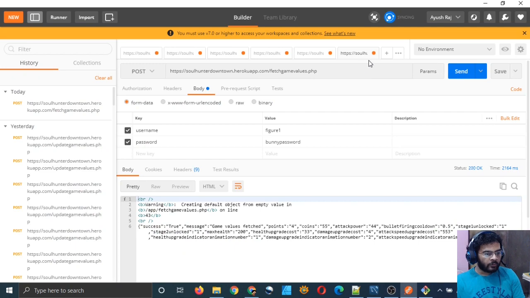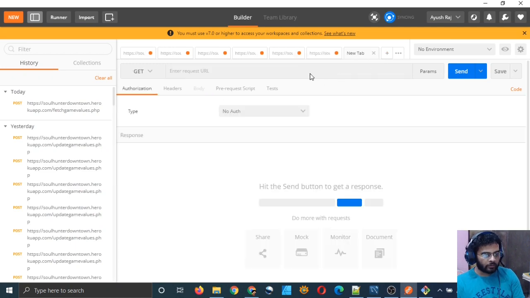And in Postman again I will copy this URL and create a new tab and simply put the name of my new script, which is fetch local leaderboard. It's a post request body.